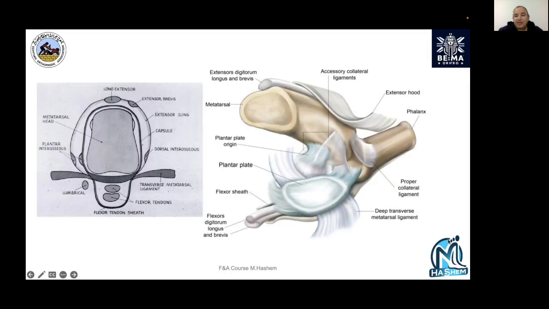It receives the attachment of the transverse metatarsal ligament, it receives the attachment of the plantar fascia, and it is the main stabilizer of the toe, not to float up. So basically, to understand this, you need to understand that the long tendons, so long extensor or long flexor, work on the IP joint, PIP or DIP. They don't work on the MTP. MTP is mainly controlled by intrinsics, and the intrinsics tend to flex it, to extend it, and the plantar plate is the one which maintains it stabilized. That's why when you lose the plantar plate, your toe will go up, and this is the mechanism how the